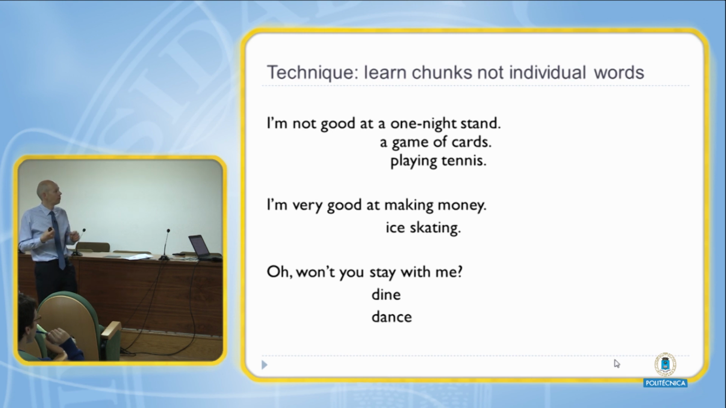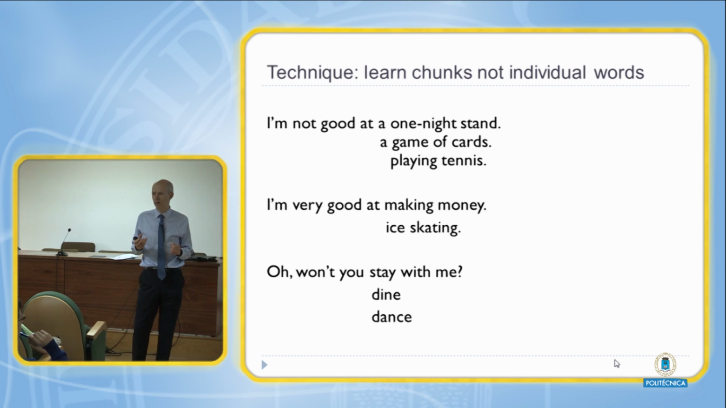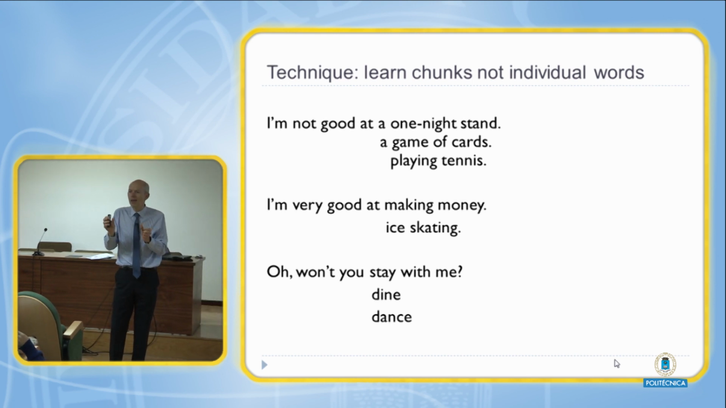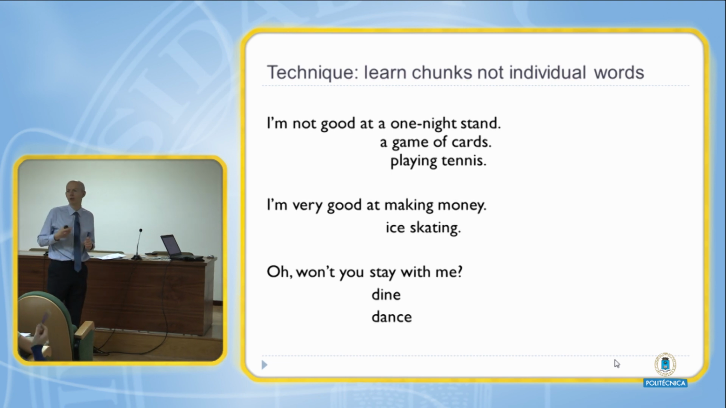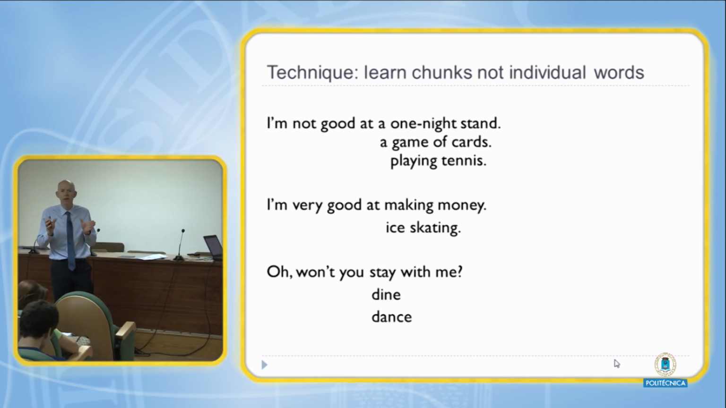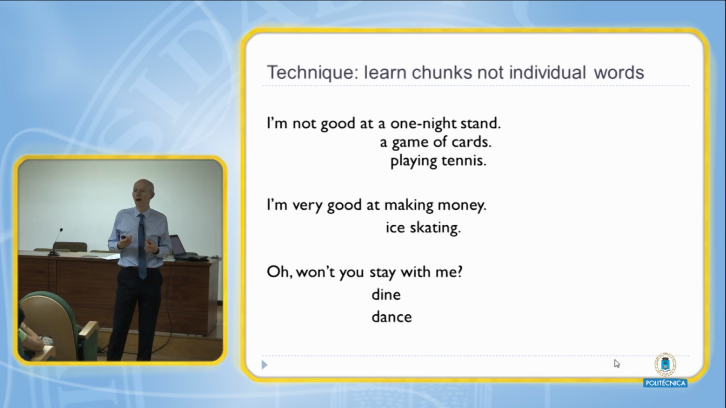And then he says, oh, won't you stay with me? And you could change that to, oh, won't you dine with me? Or won't you dance with me? So what you're doing there is you're learning a particular phrase and adding to it with other examples. So learning a chunk. And any particular functional language, if you go, for example, into a hotel and you say,